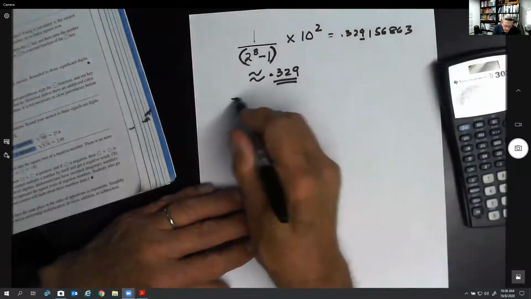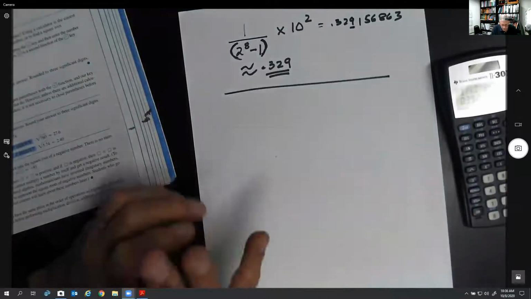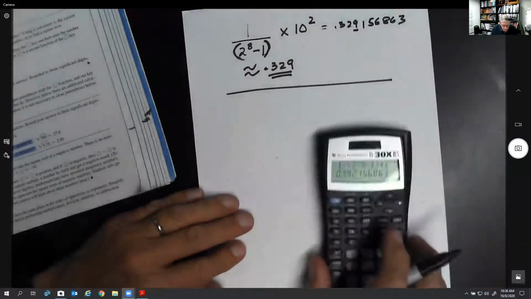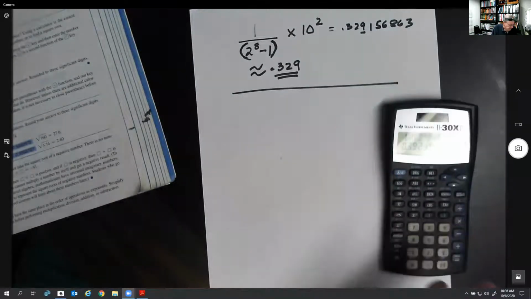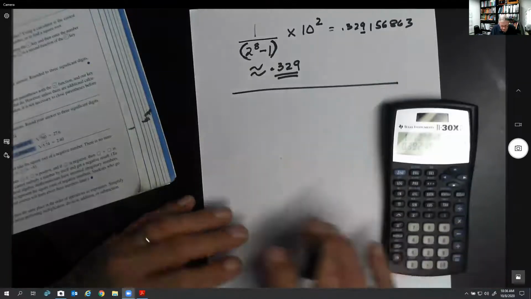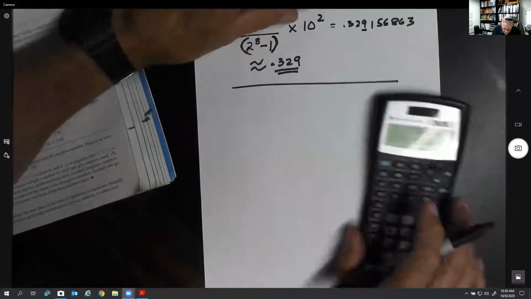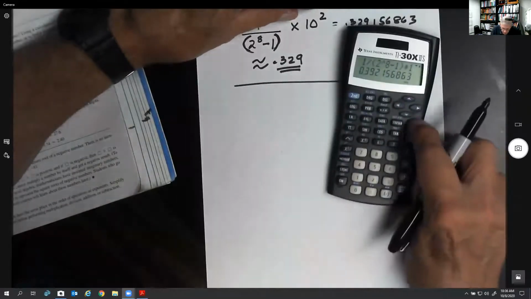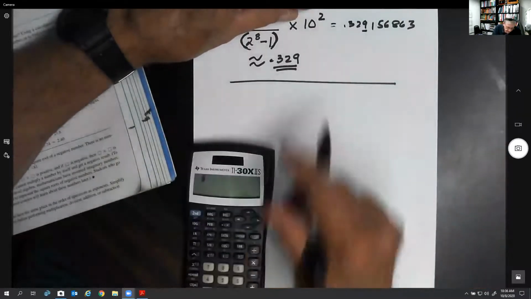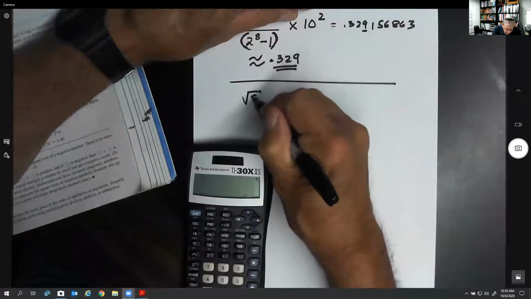Okay, the last thing we want to talk about is radicals. Now, on some calculators, even the cheapest ones, it's sometimes pretty easy. You just hit the number and then hit the square root key. On this one, it's a little bit more difficult. Okay, if I want to take the square root of 81,